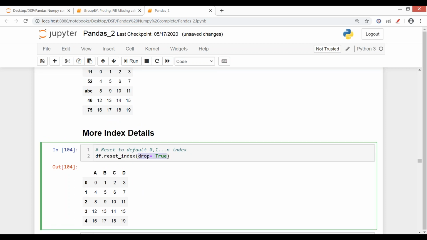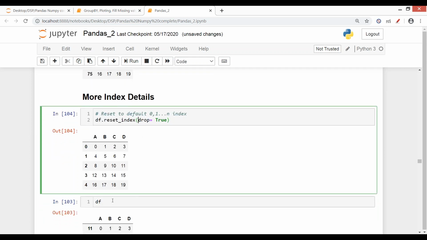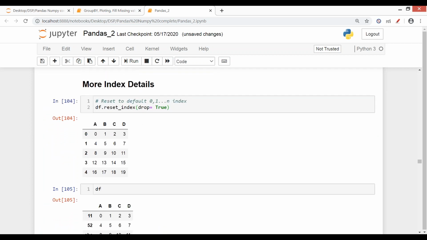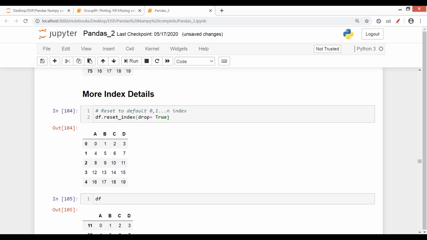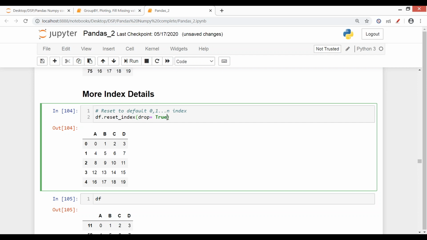If you do not specify it, your index will become the very first column. If you specify drop equals True, this avoids your index becoming a column. Again, this is not permanent because I have not done inplace. When I do df, I again have the same index here. So if you want to make changes, you have to specify inplace equals True.